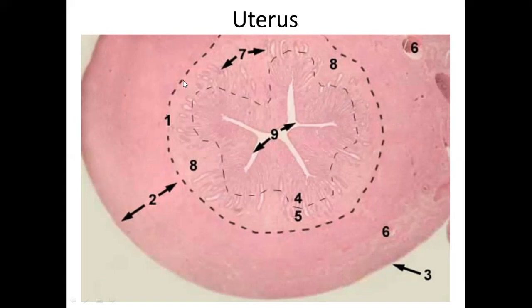The area enclosed by dotted line 1 all belongs to the endometrium, which is equivalent of tunica mucosa. The endometrium is lined by simple columnar epithelium indicated by arrows at 9, and this simple columnar epithelium doesn't stay on the surface, but invaginates deep inside the endometrium to form uterine glands. All these cross sections which appear as tubular glands are actually invaginations of the surface epithelium down into the lamina propria component, which is termed here as stroma.